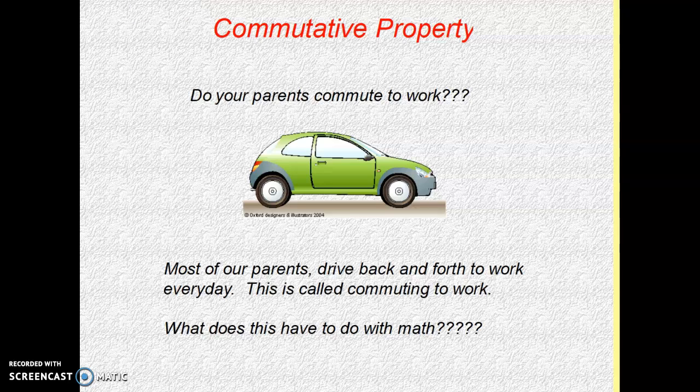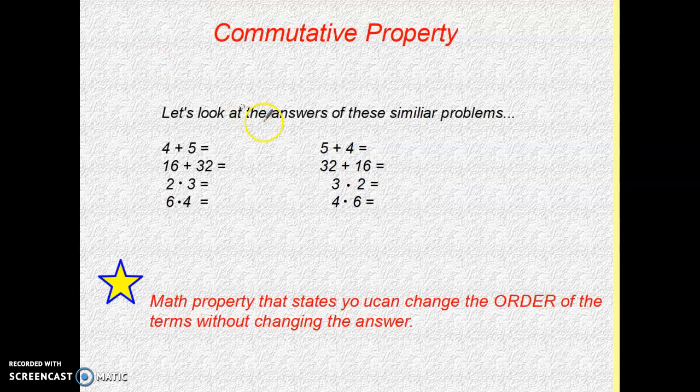So what does this have to do with math? It's the same idea. Let's look at some problems and make our connections on our own. If we look at this first problem on the right, 4 plus 5 is 9. If I switch the order and go 5 plus 4, guess what I still get? 9. 16 and 32, when I add them together, I get 48. 32 plus 16, if I switch the order,